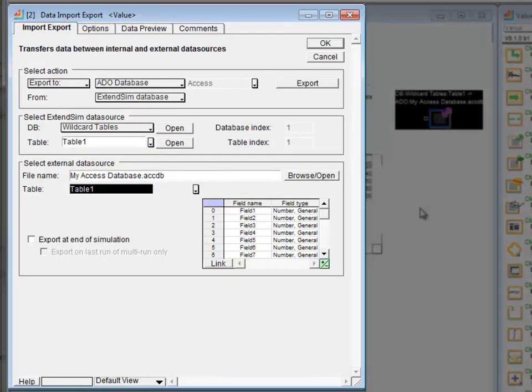The ADO feature allows us to import from a variety of databases that support ADO. These include Access, MySQL, and SQL Server. And I would specify, in this case I'm using the same database, wildcard tables. I pick the table in ExtendSim, and then I pick the table in Access. So if I click on here, I've got a temporary table that's generated by Access, but I'll just say table